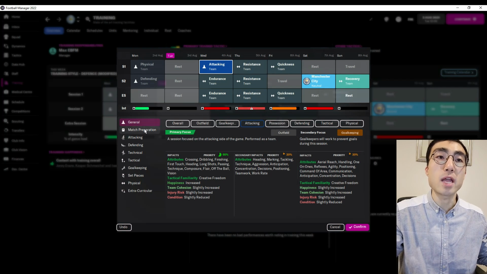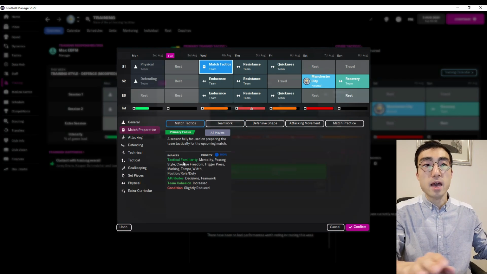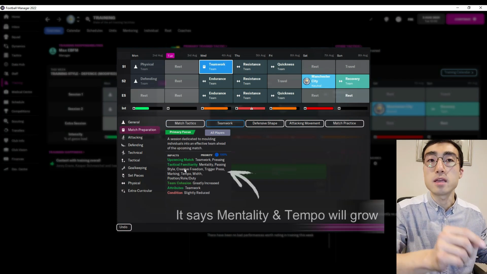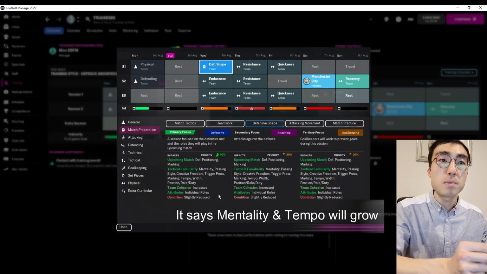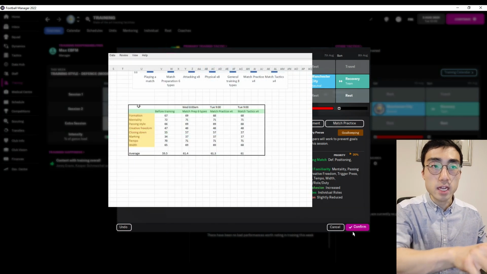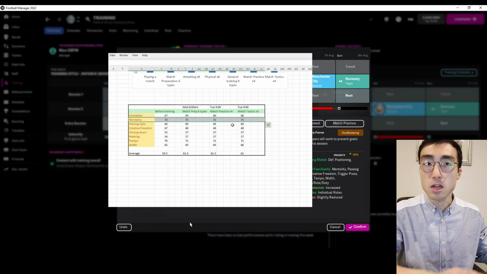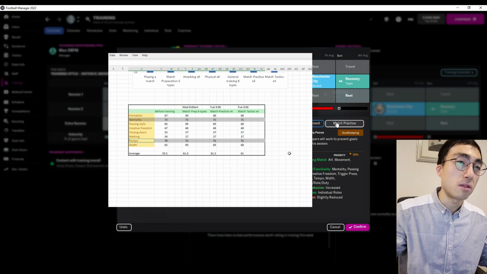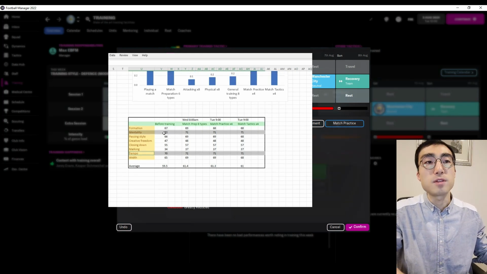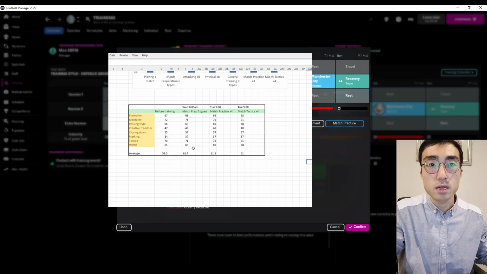For example, if you have a look at the match preparation training sessions, they all say that they will raise the mentality and the tempo components of TF. But when I got my players to perform these training sessions for a few days, mentality and tempo did not show an increase in value. It's all very odd. So for the rest of this video, instead of breaking down TF into these 8 separate